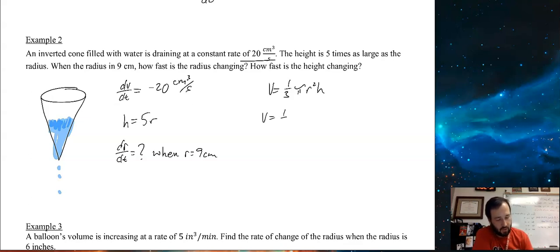So with that relationship, I can say that the height is 5 times the radius, which now gives me the volume in terms of just the radius. So the volume is 5/3 pi r cubed, if I rewrite that to make finding my derivative easier. So now if I do the derivative, dv dt, the change of volume with change of time, I'm doing d over dt of this stuff,